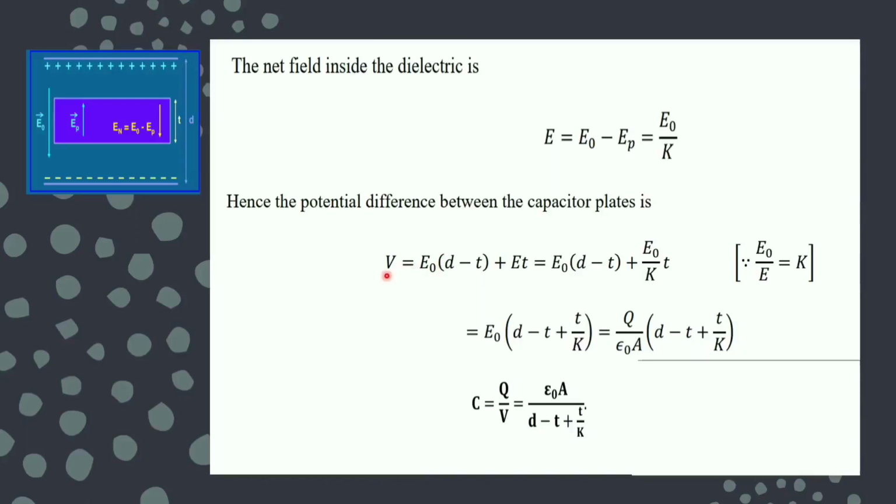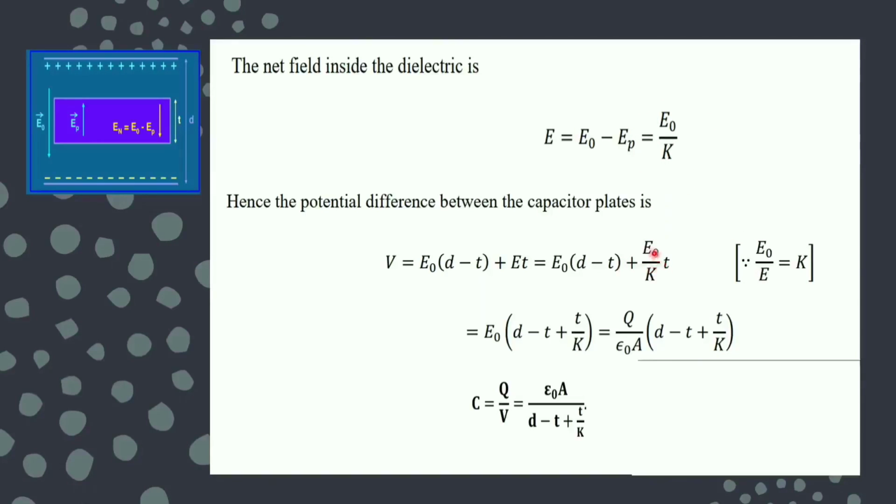So V can be written as the sum: for this thickness the field is E naught, for the T thickness the field is E. I can write the potential difference by adding these two terms, E naught into D minus T plus ET. Now I can write the value of E from this formula, which I have already written here also,